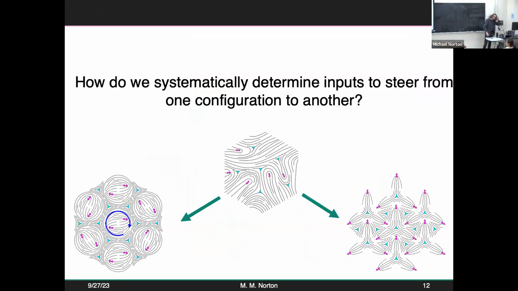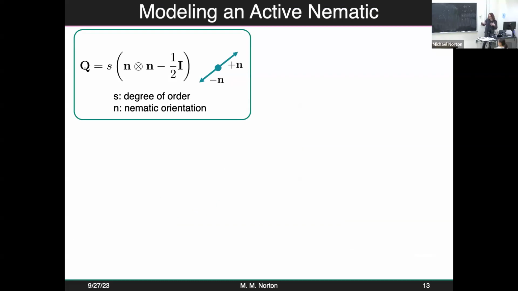And my question that I'm interested in is, how do we use these kinds of tools to systematically steer the system? One can apply ad hoc patterns and just see what you get. But what I'm interested in is starting with a goal for the system, like a particular configuration for the microtubules, and asking, what is the pattern that I should apply in both space and time that gets me to that pattern? So I want to solve some kind of inverse problem, and in order to pose that problem,